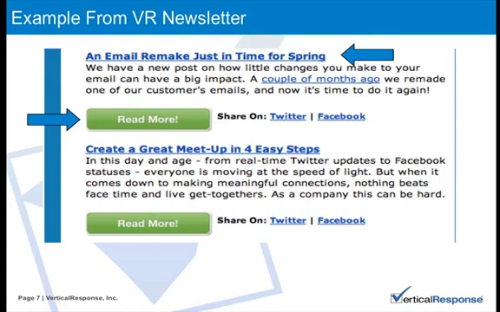The call to action button is the same thing, just depends which they would prefer to click on, a link or a button, and we give them both choices. There's links within the text, and then we also have links to share this information on Twitter or Facebook. So those are some examples of how you can set that up in your own email of some of the things I was just talking about.